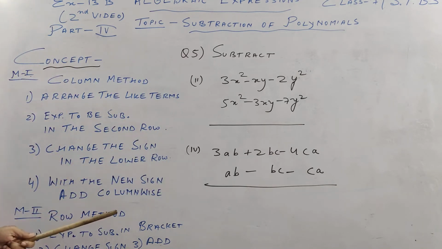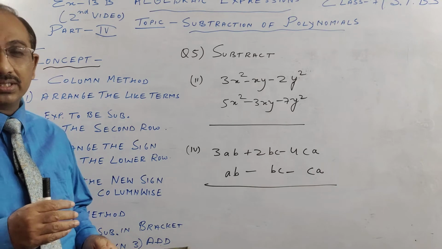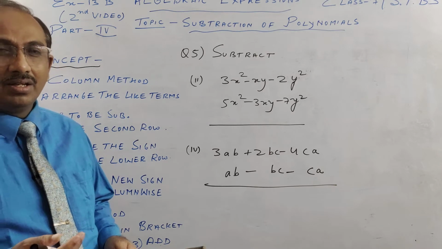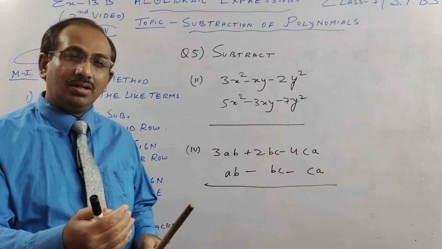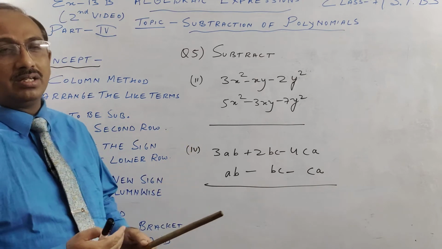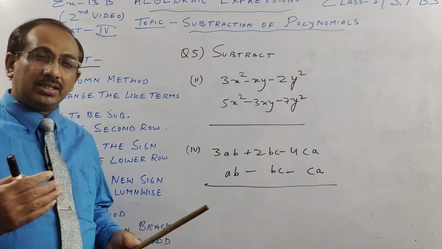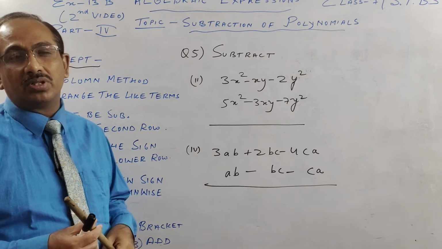So let us see the concept before we start doing the sums. First thing, there are two methods, children, for subtraction. Subtraction is generally harder than addition, the same way division is harder than multiplication. Or the other way around, addition is easier than subtraction and multiplication is easier than division. So here you have to take care, and as I told you earlier, adding of integers. So that chapter, see it nicely, addition of integers, basically what we call operations on integers.